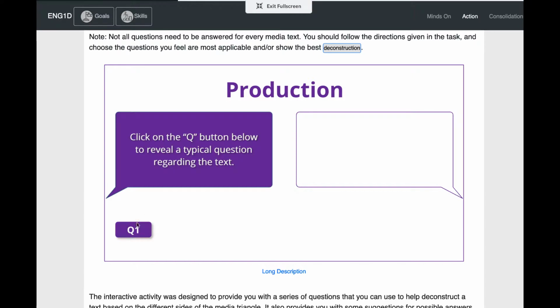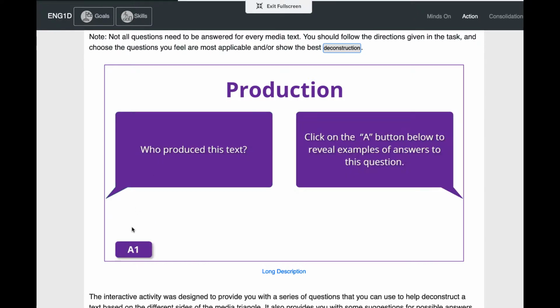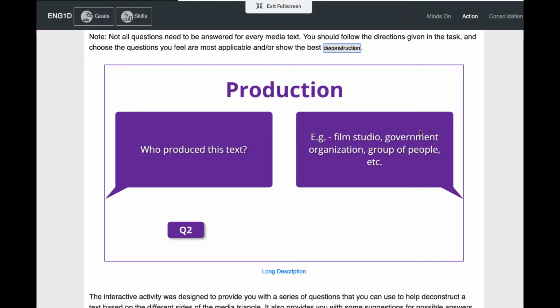The production is a little more straightforward, so you have who produced the text, so is it a film studio, a government organization, a group of people, and who produced the text will tell you if it's biased at all. So if it's the government organization, if it's the PC government versus the Liberal government versus the Democrats, then you